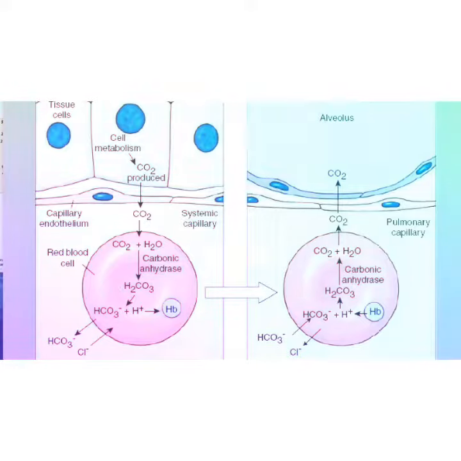So if you take a glass of water and you just blow into it for a while, maybe like 4 or 5 minutes, you just exhale all of the air that you exhale into it, it will actually change the pH of the water. The water will become more acidic. Now in our body, we actually have an enzyme called carbonic anhydrase, and it does what all enzymes do. It speeds up this chemical reaction. And so in the presence of a lot of CO2 in water, carbonic anhydrase will very, very rapidly convert CO2